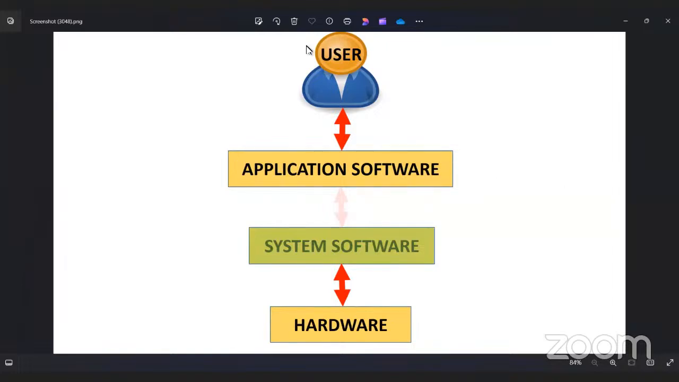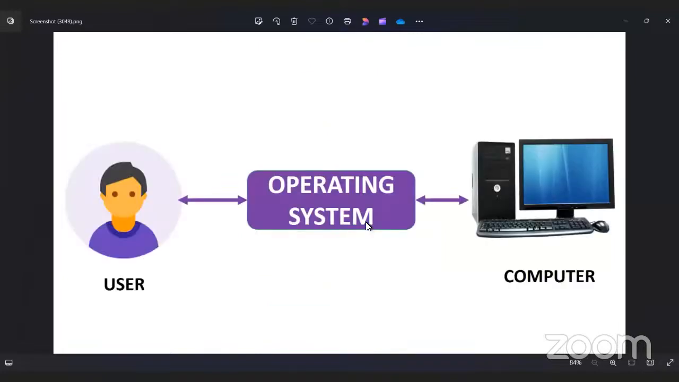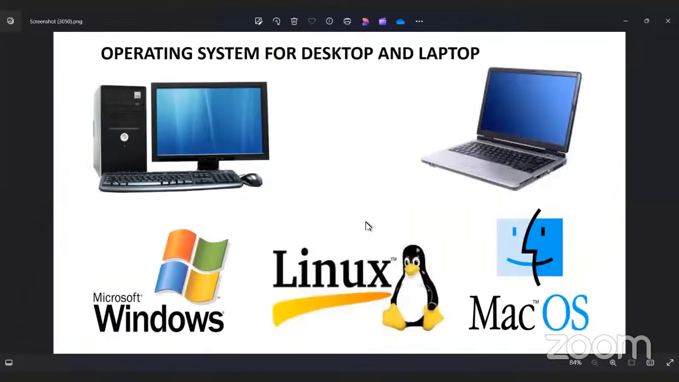These are the outputs the user will get finally, right? So depending on the operating system, the user operates the computer like this. For desktop and laptop purposes, more than 80% of us mostly use the Windows operating system. Linux is also an operating system. Mac stands for